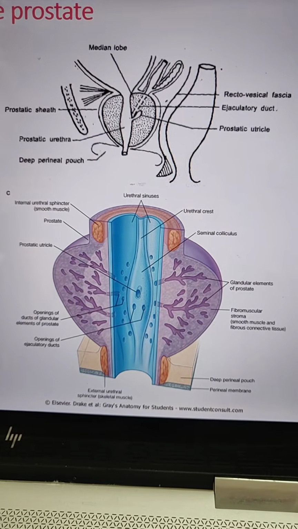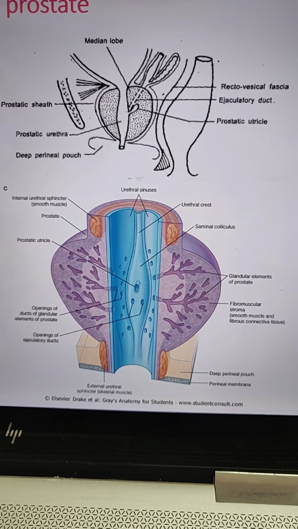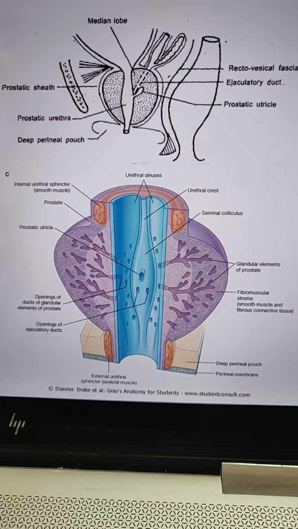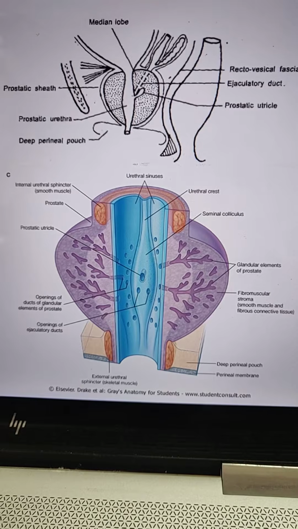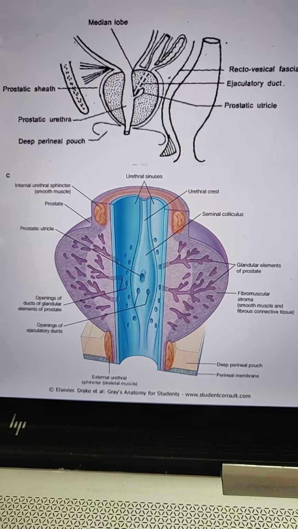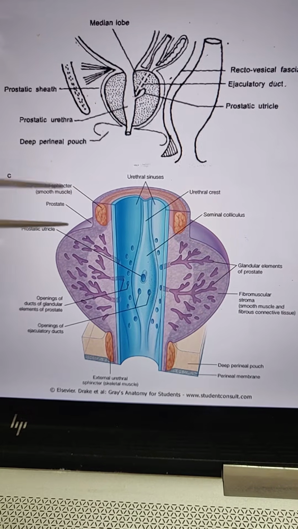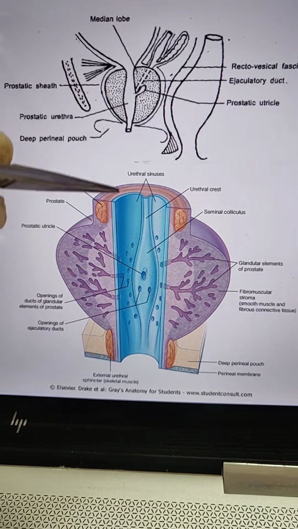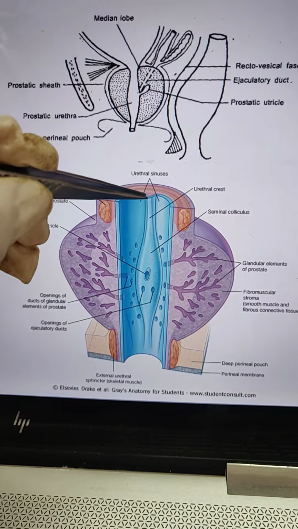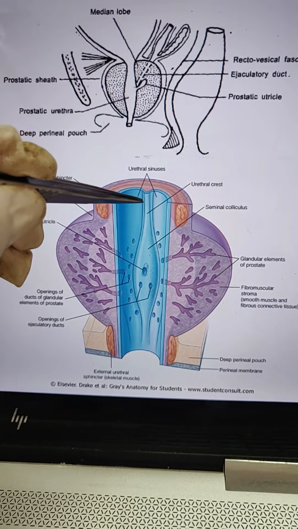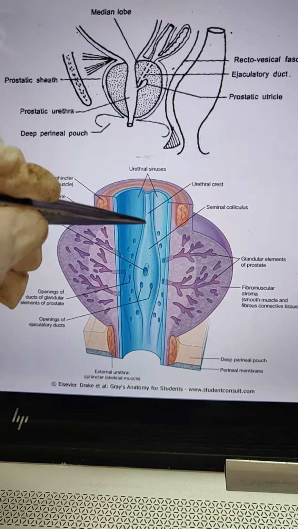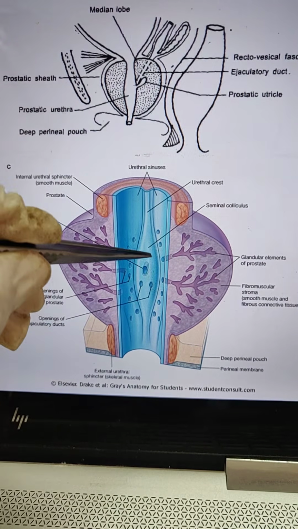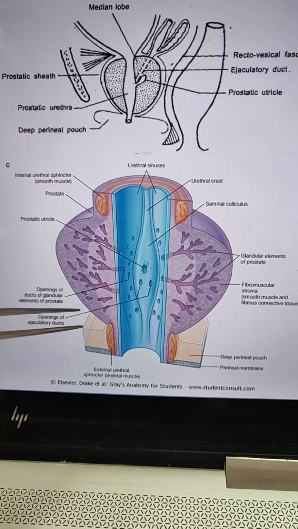Structures traversing the prostate are the urethra and a pair of ejaculatory ducts, and it contains the prostatic utricle. Here you can see the prostatic urethra which passes through the prostate, and there is a vertical elevation of the mucosal fold. It is called the verumontanum, or also the urethral crest, and in the middle part there is an opening of the